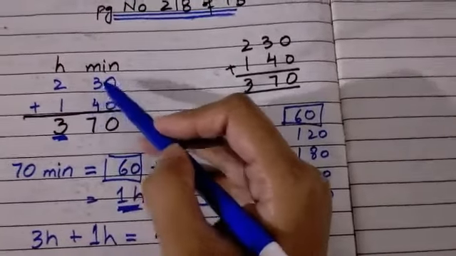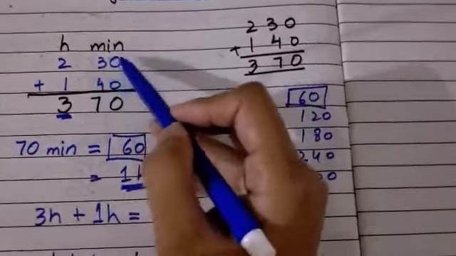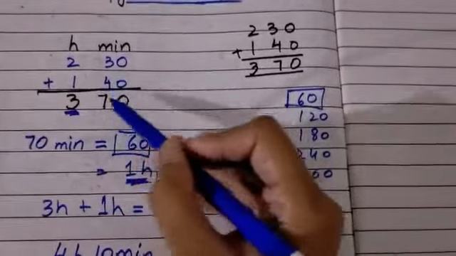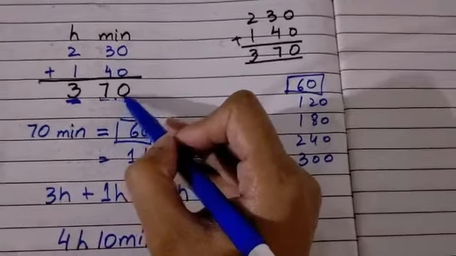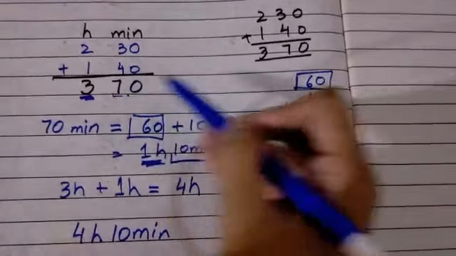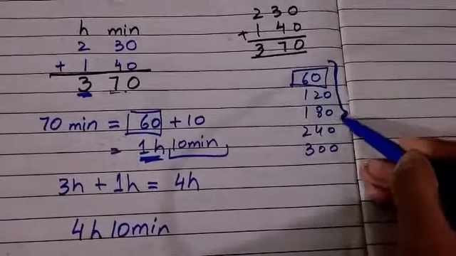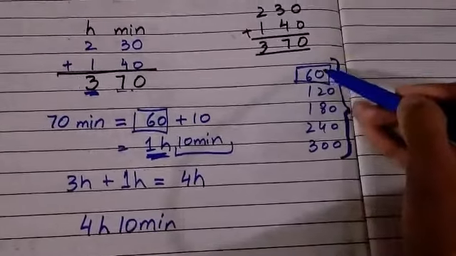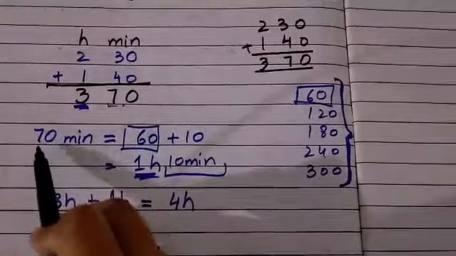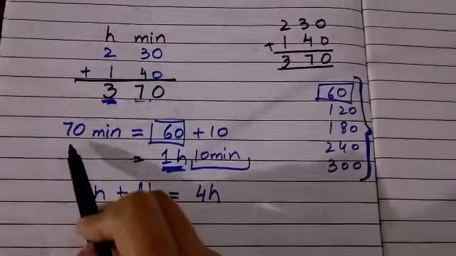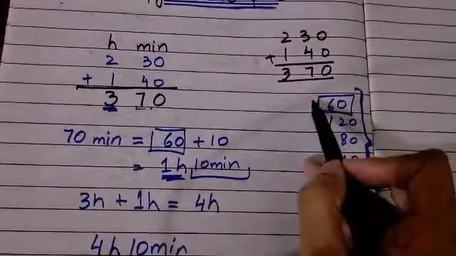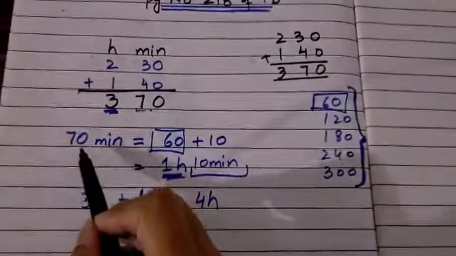Again I am explaining it. 2 hours and 30 minutes and 1 hour and 40 minutes. You will add 30 and 40, it will become 70. 2 and 1, it will become 3. Now you know that there is no hour that contains more than 60 minutes. You have to split this 70, and you remember this table of 60 from the previous lesson. I wrote here the first 5 numbers of the table of 60. Now you have to find the nearest and smallest number than 70. 60 is the nearest and smallest number than 70.